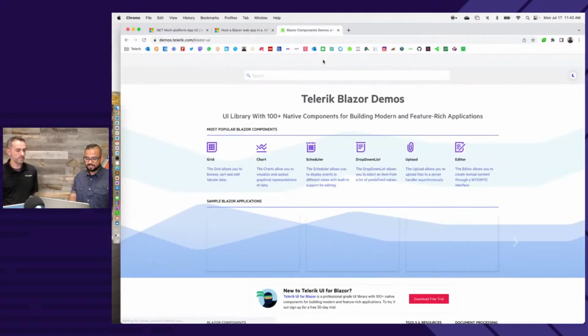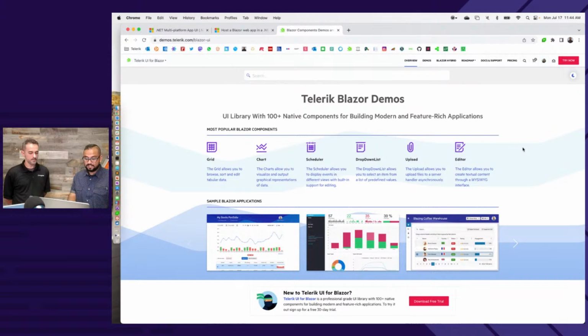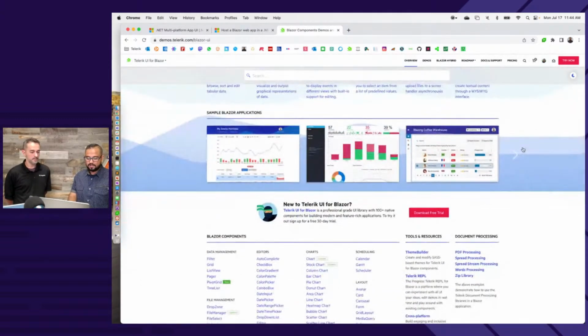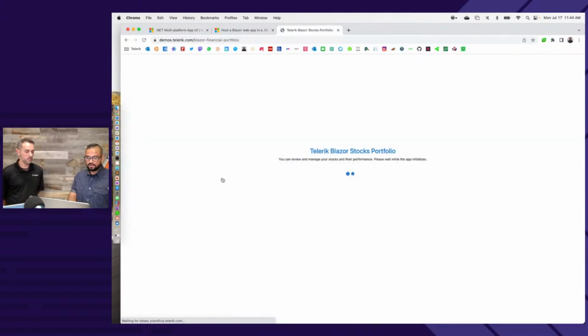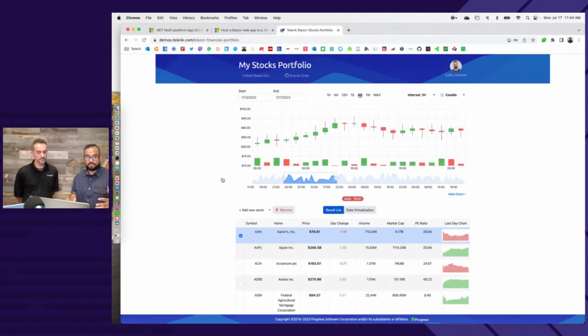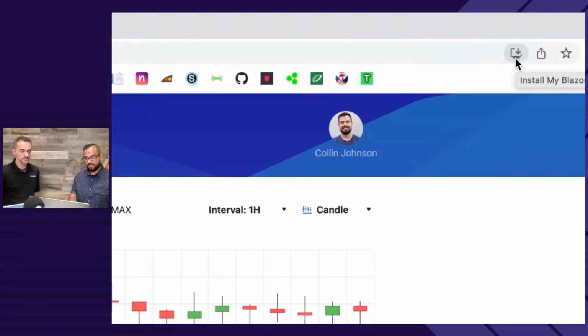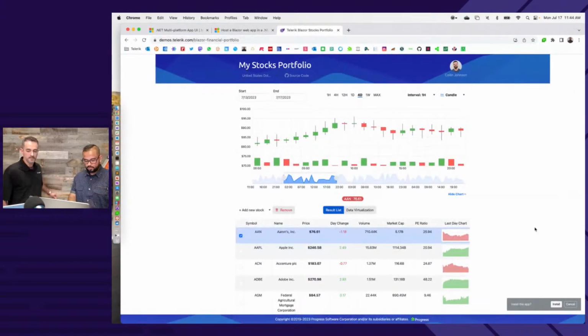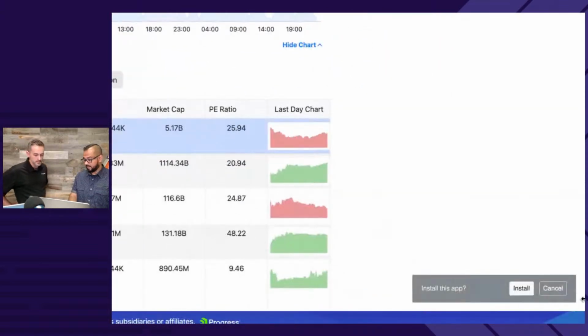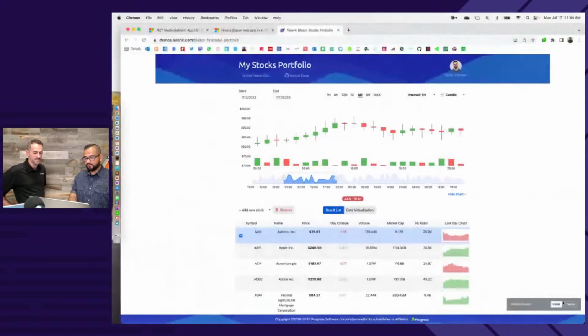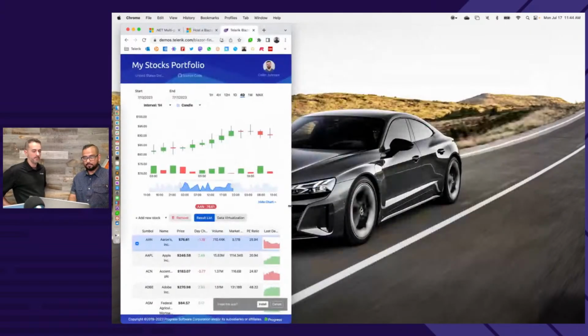I like showing off some things that the team and actually Ed has built. These are some of our demos that you can play around with. Now, if I pull up one of these here, this is a PWA, by the way. This is Blazor. Blazor is particularly suited for PWAs because all of the UI is already web, and you can have some media queries, understand how you're running. You'll notice here in my browser, I do get this little thing here that says, hey, this is a PWA. You can actually install this, run without the Chrome. Also down here, I get a prompt that says, hey, I'm an app, right? So Blazor is very good at running as a PWA. And then based on how you render things, you can have complete responsiveness.